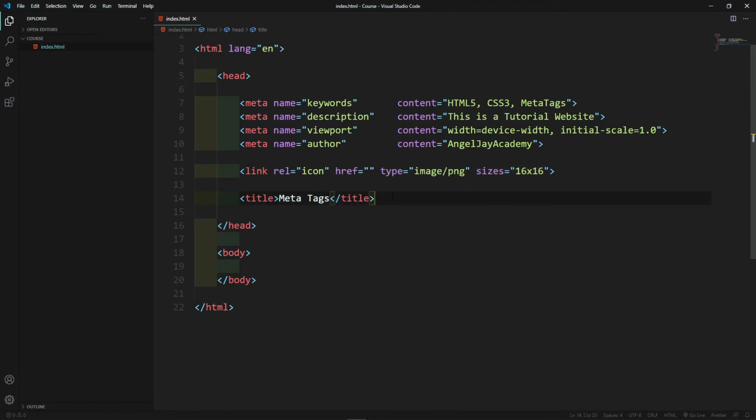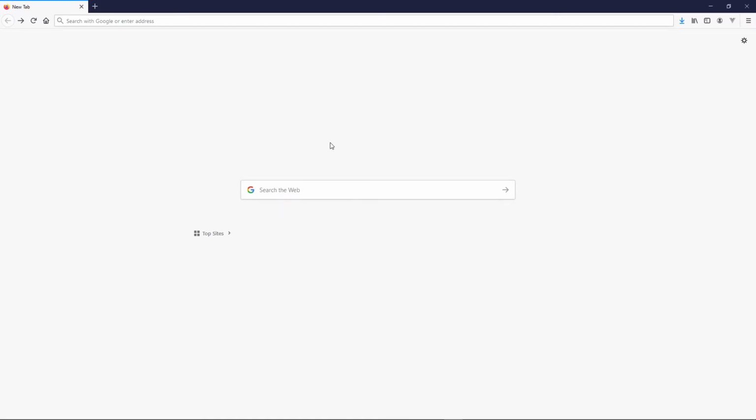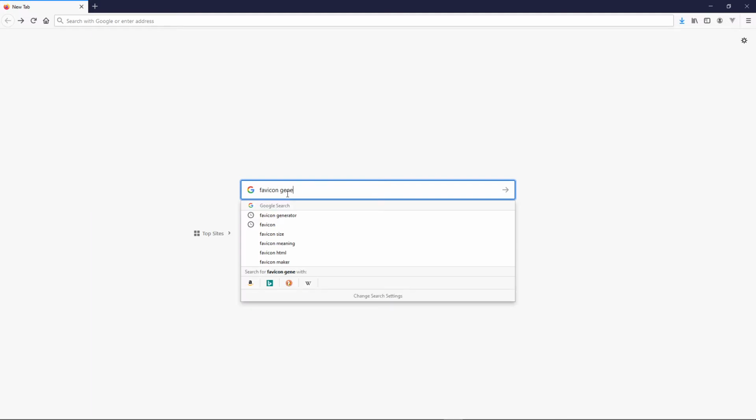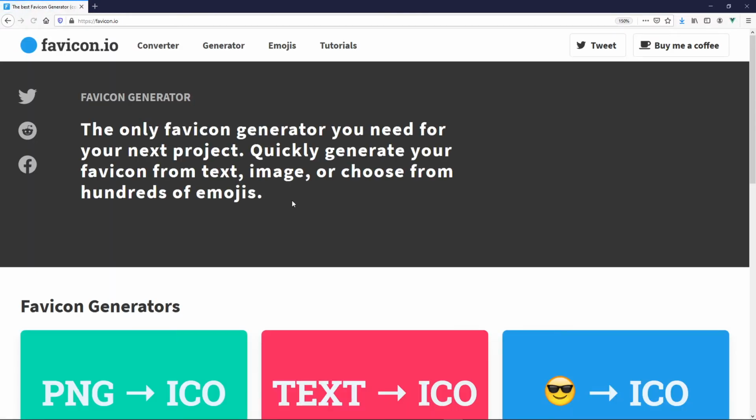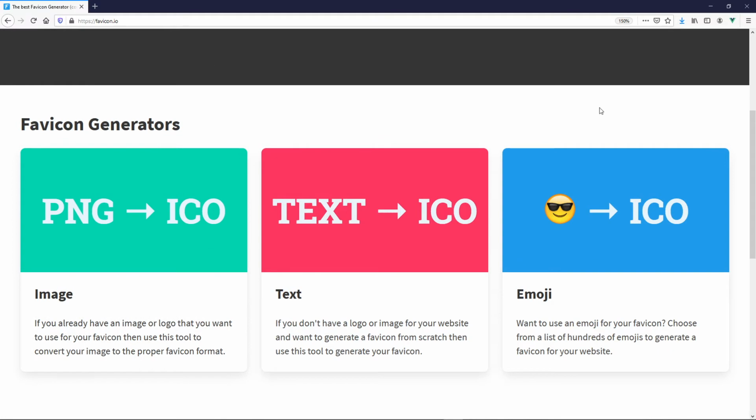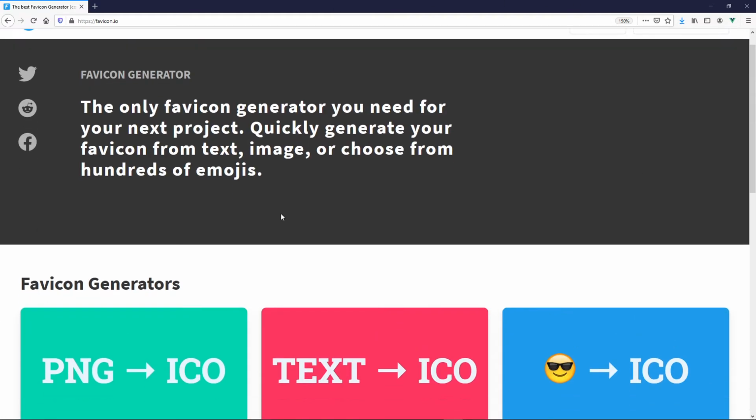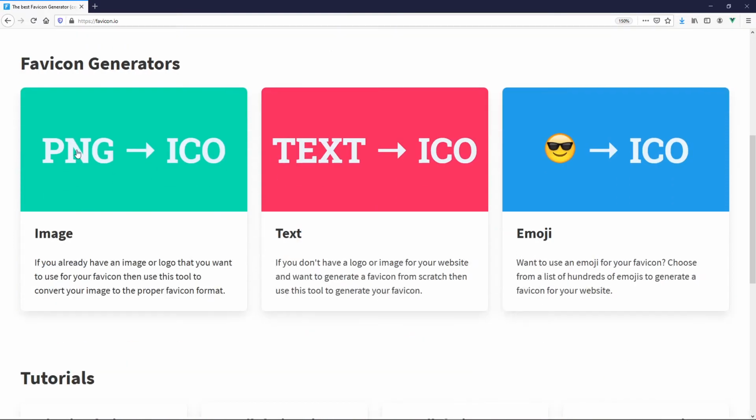All right, now let's quickly go to Firefox to create our icon. We're going to type in Favicon generator. As you can see on the top part right here, you go to favicon.io, you type it, click on this one, completely free. Now you will see this window right here, but for us, we're going to go to the PNG to ICO. So we click on this one,